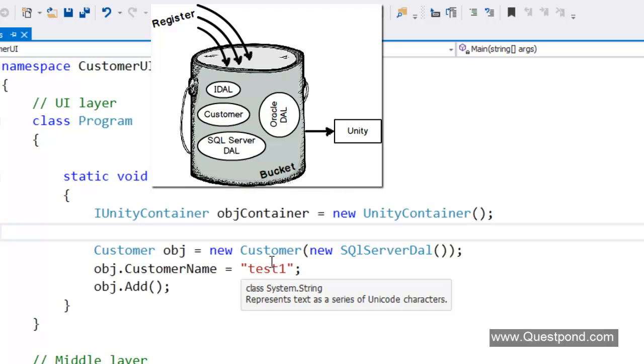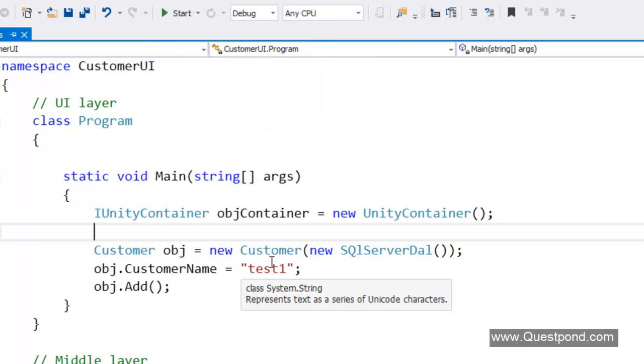So the first step is to make the Unity framework aware of your project classes, and this is done via the container. You need to add all your classes to the container, and the Unity framework will look at the container and figure out what kind of objects it can create at runtime.